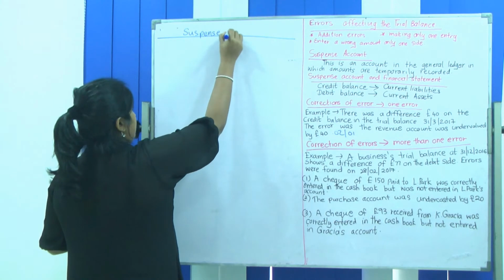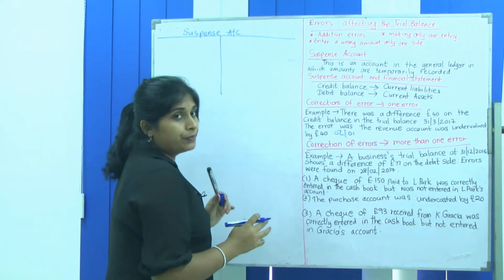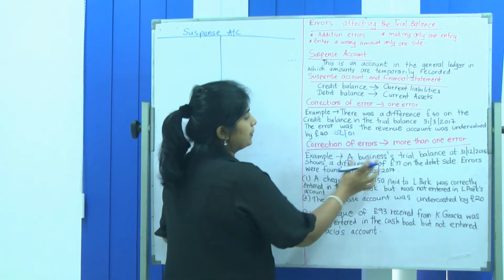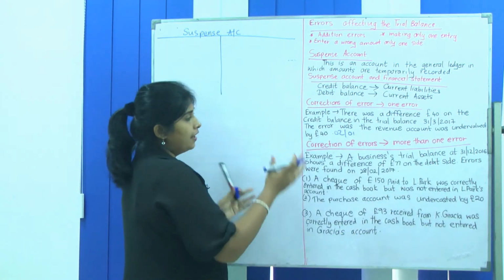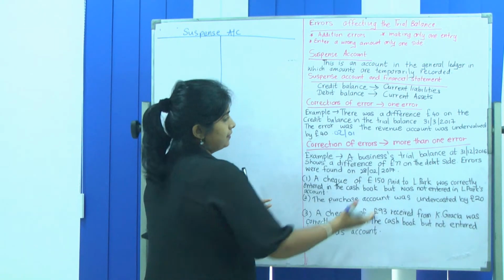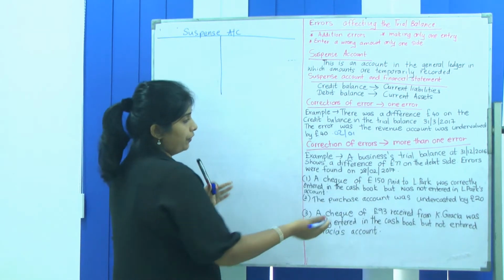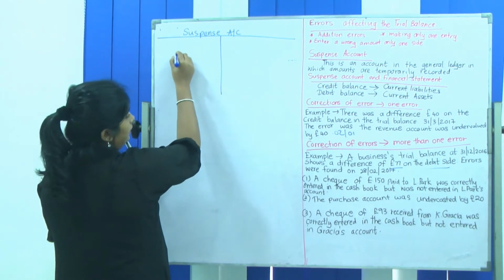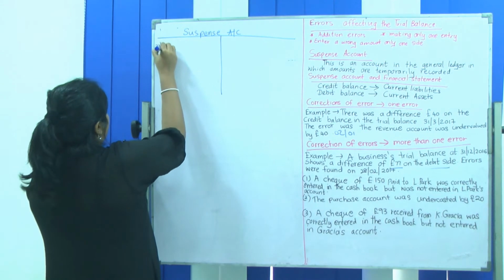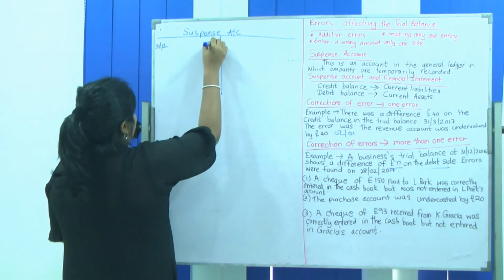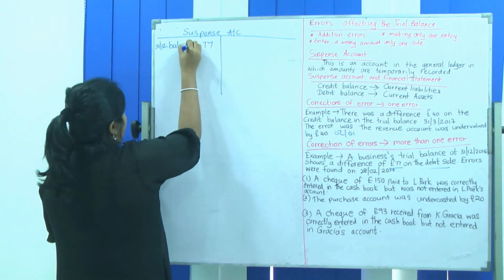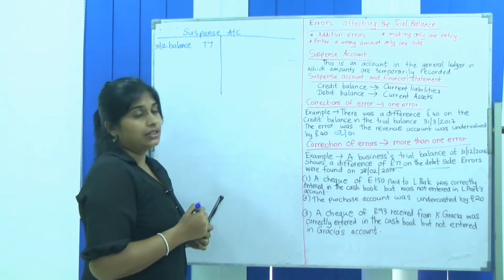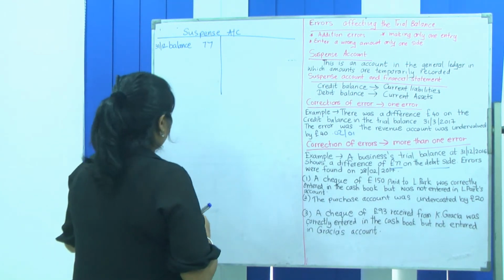You have to open the suspense account and transfer the shortage which was found on the trial balance. Here in the trial balance, the difference was 77 on the debit side. That means when they were trying to agree the trial balance, they found a shortage on the debit side. So that 77 pounds will be recorded on the debit side, dated 31st December, 77. Here you can write balance or trial balance. The shortage was on the debit side, that's why we have to write it on the debit side of the suspense account.